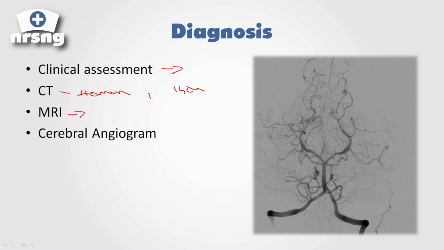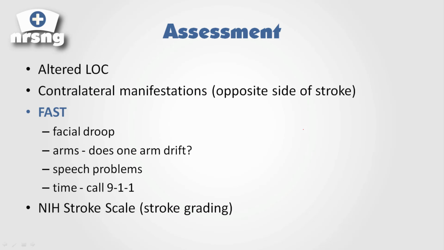You can also run an MRI. It's going to be a little bit more conducive to being able to see a stroke. And then we can do a cerebral angiogram. That's this here. We can actually inject a dye up into the cerebral space. And this is what would be done with an ischemic stroke. If we assume an ischemic stroke, the physician, the neurosurgeon or interventional neurologist, would go in there and be able to inject this dye and be able to see where a clot is, and be able to remove it. Okay, and we'll get into that in just a minute.